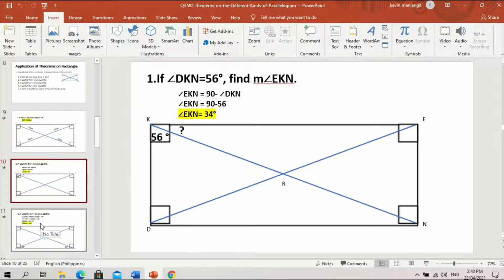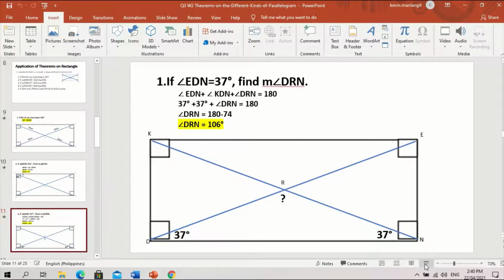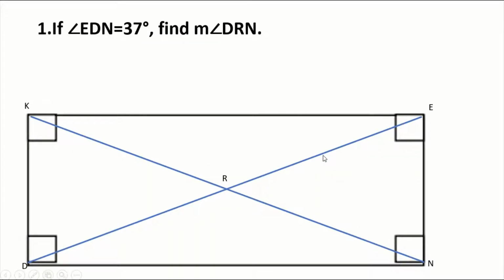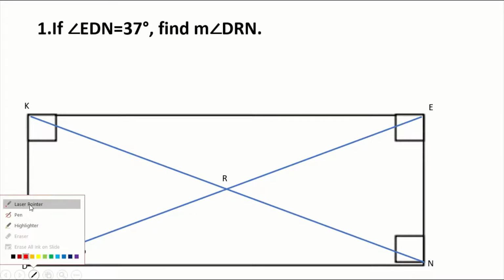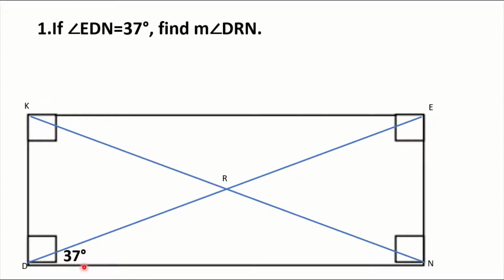Okay. So, let's continue. Hindi napalitan yung number. Dapat ito ay number 3. So, if angle EDN is 37 degrees, find the measure of angle DRN. So, lagay muna natin, nasan ba yung EDN? E papunta kay D, papunta kay N. So, nasan siya? Nandyan sa baba. Ito po yung measurement niya. Laser pointer. Ayan. Yung 37 degrees. Diyan siya nakalagay. So, what is the measure of angle